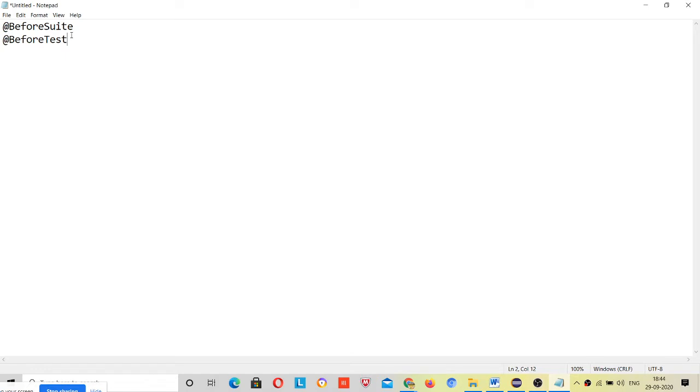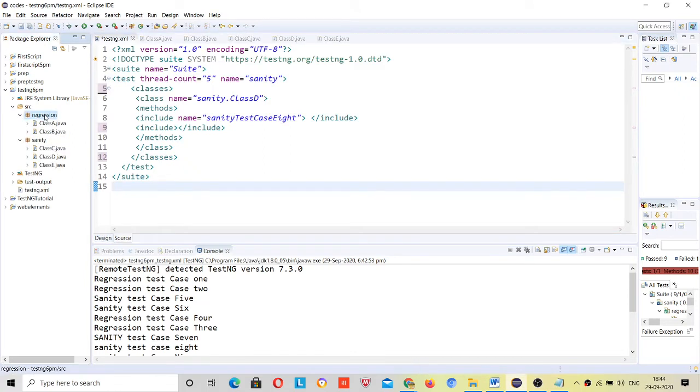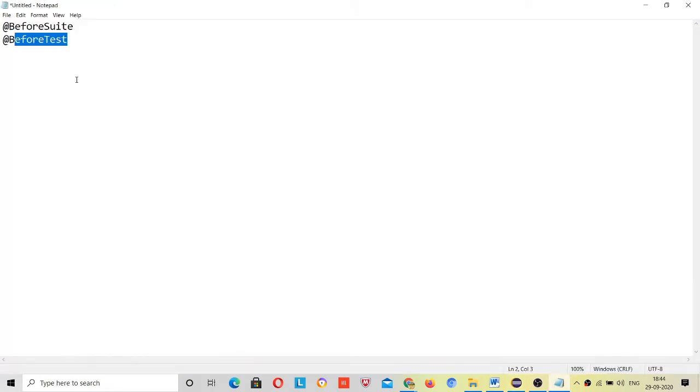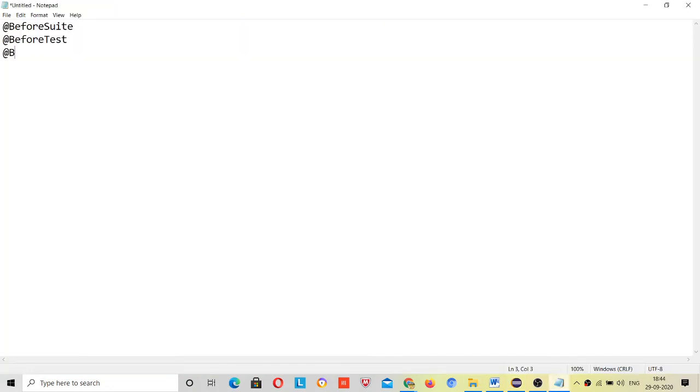So inside that particular package, if you are in the sanity package or in the regression package, before running anything in that package, it will run before test, right? And inside any package you will of course be inside a class, so before running anything inside a particular class, it will run before class.